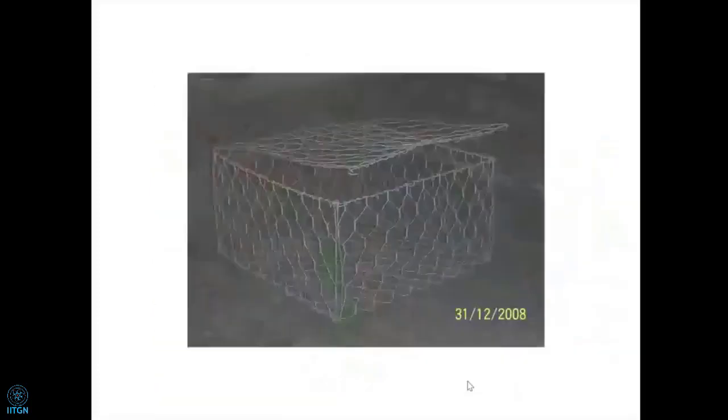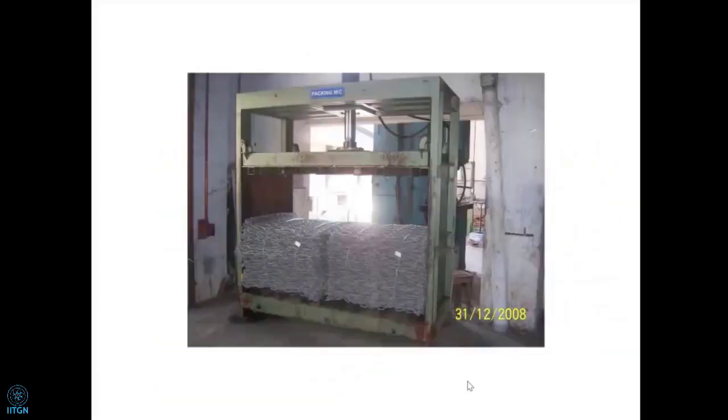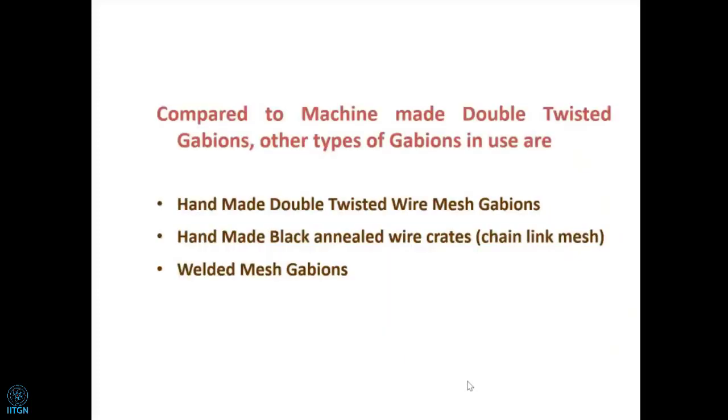Then these spools are made into boxes like that. The sheets are made into boxes, and these boxes are compressed in a press, so it will come to you in a lay flat condition. In a small bundle, you can open it or create a bag. Against this, there are handmade chain link gabions, and welded wire gabions are also available. One could give a big separate lecture on the comparison of these materials,